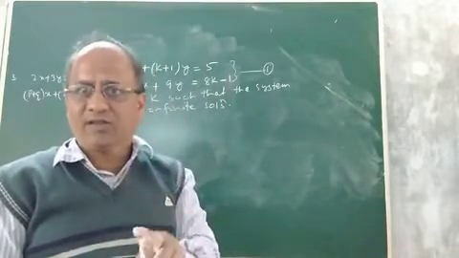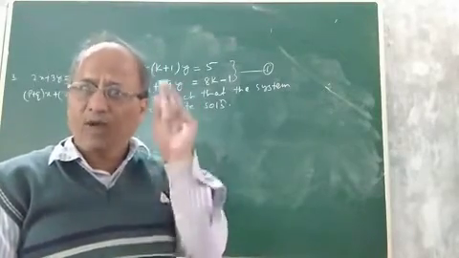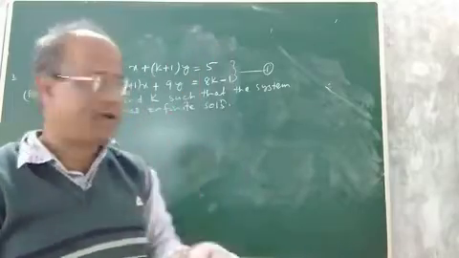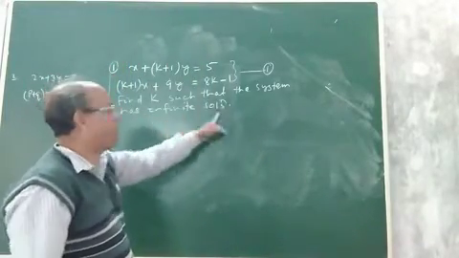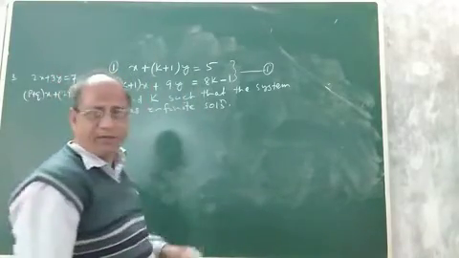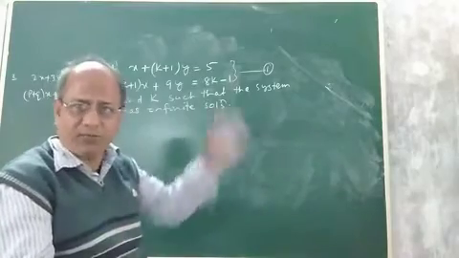And you know what the conditions are for a pair of linear equations in two variables to have a unique solution, no solution, or infinitely many solutions. In this question, suppose you are given that this system has an infinite number of solutions. So how to find the value of k? k is some constant. We do not know what the value of k is. How to find it out?